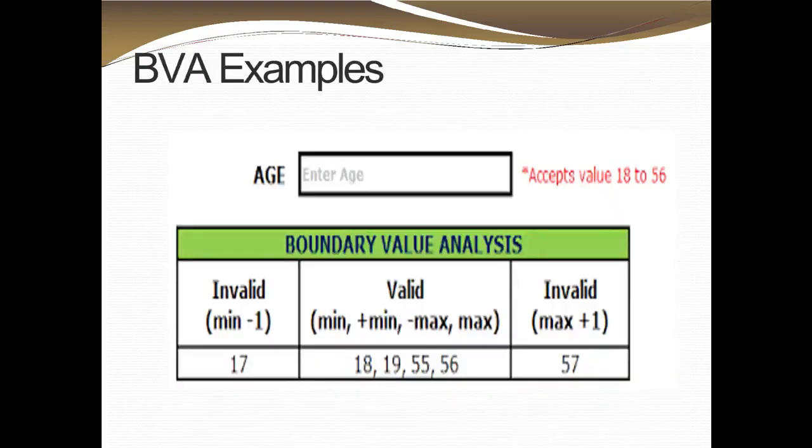So here also we are going to take the same example that we have taken for the equivalence partitioning. Let's assume that we have the test field of the age that is going to accept the input from 18 to 56. So here the minimum boundary value of the accepted input is 18 and the maximum value for the input is 56. So the valid input is going to range from 18, 19 and 55, 56.